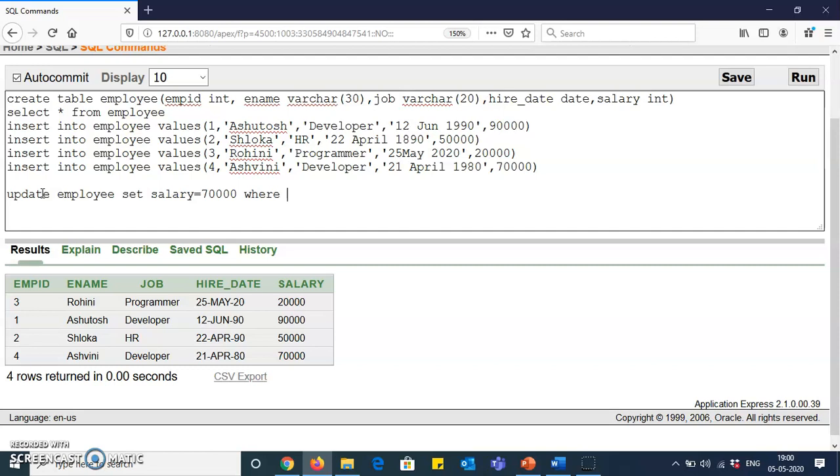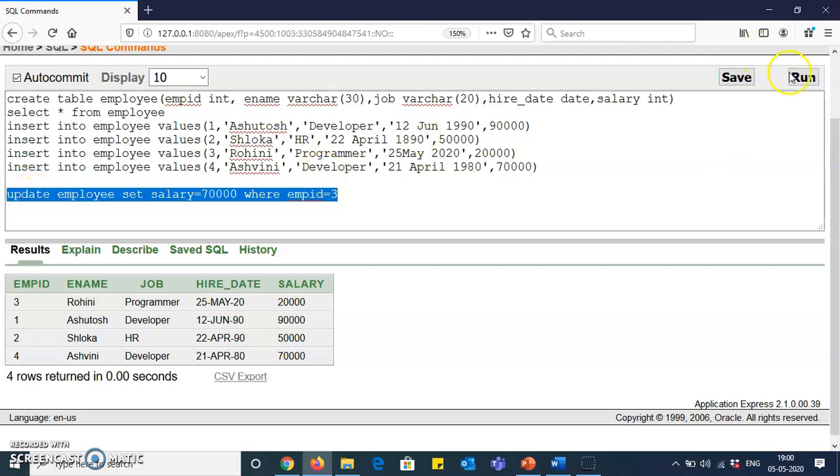So I can select employee ID and write EMP ID is equal to 3. So: update employee set salary is equal to 70,000 where EMP ID is equal to 3. Will this statement run or not? Please check. I'll click on run.